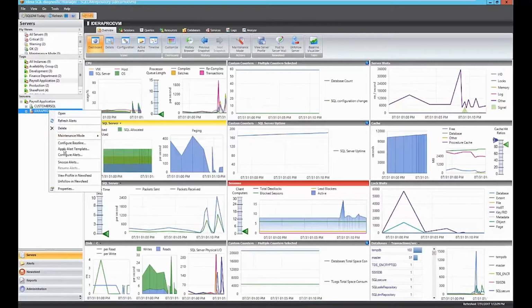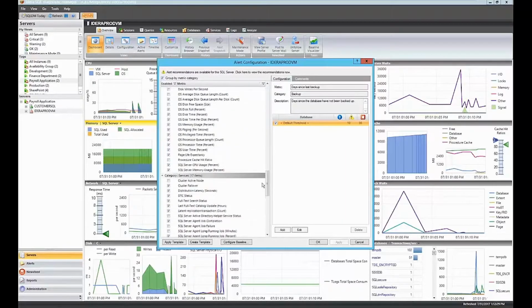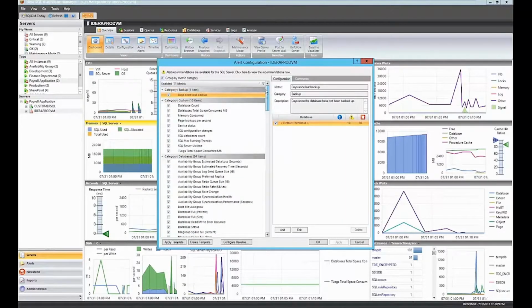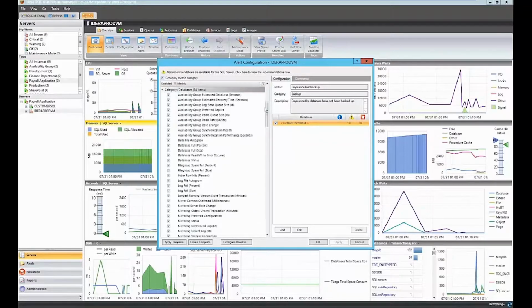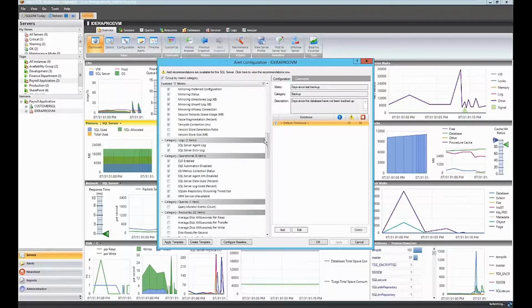I personally prefer the right-click on the instance method and then select Configure Alerts. And it brings up the list of all the metrics that we're monitoring out of the box. They're all categorized, and you can just kind of go down the list. Day since last backup, custom counters, database category of counters, including availability groups, database space consumption, log space consumption, mirror